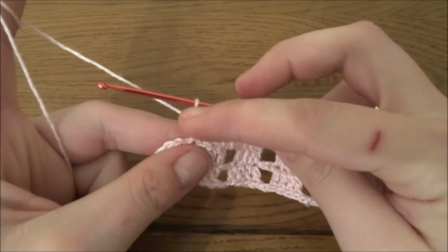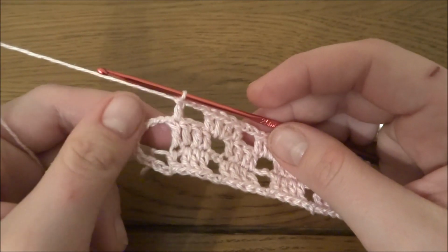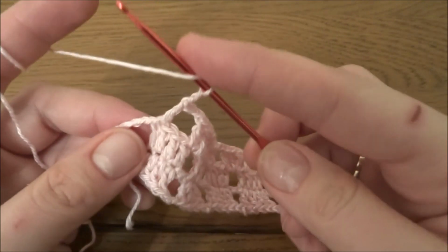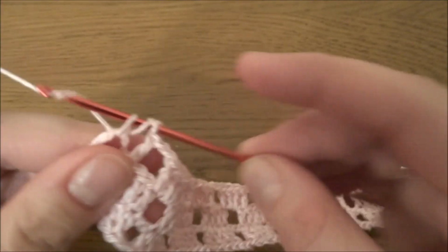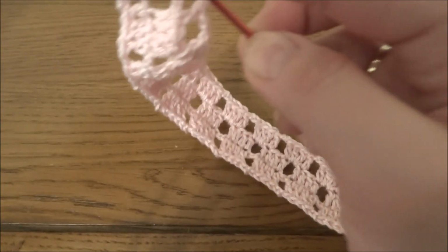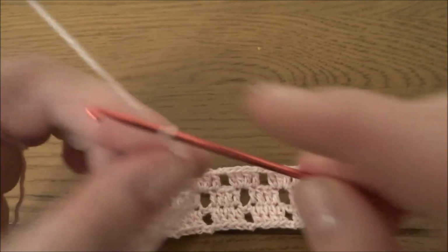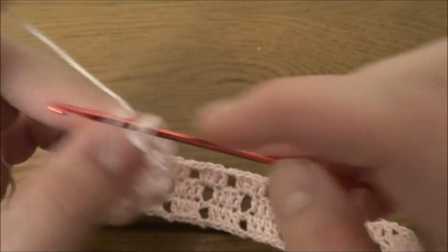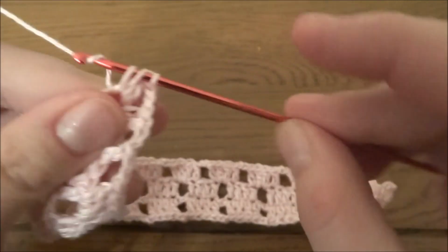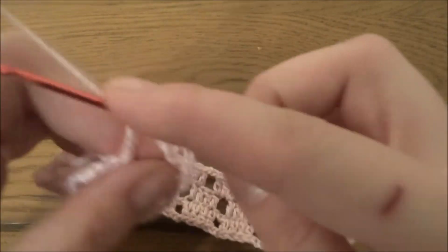Okay, so our round we finished by making the last double crochet, and now we have to start working into the chain 12 space. So now chain of 2, then into the chain 12 space 2 double crochets, 1 and 2, then again chain of 2 and another 2 double crochets, 1 and 2, chain of 2, 2 double crochets,